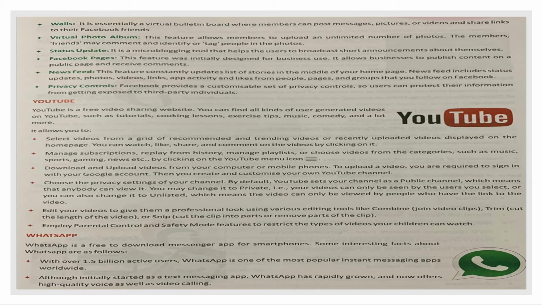WhatsApp we are using, it is actually a text messaging app. It's especially for smartphones, but it has a wide use. You can send messages, video attachments, photos, audio messages, everything using WhatsApp to a group of users. Here you have the ability to create a group. You can make a group of your friends and spread a particular message, once you have created it, amongst the members of the group.